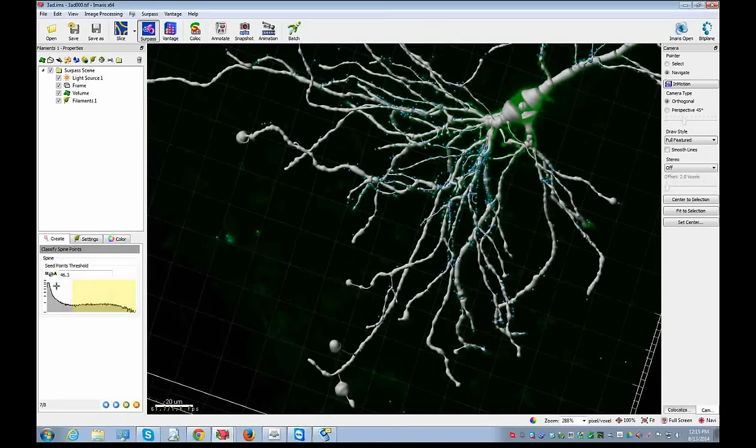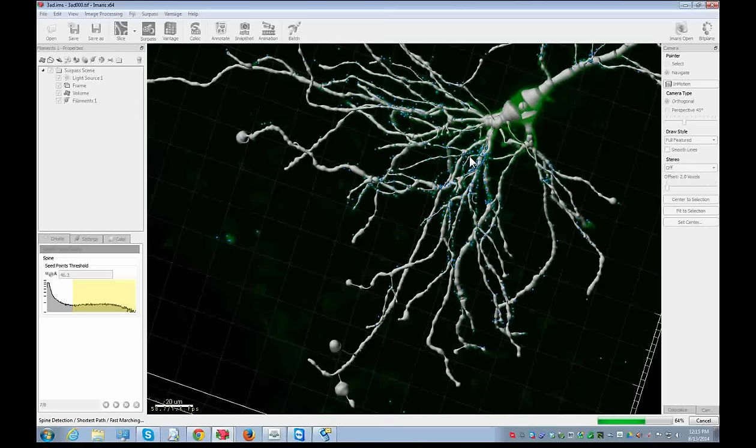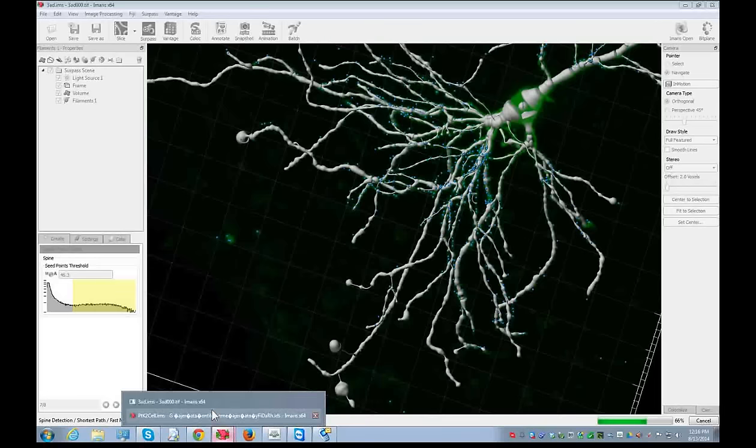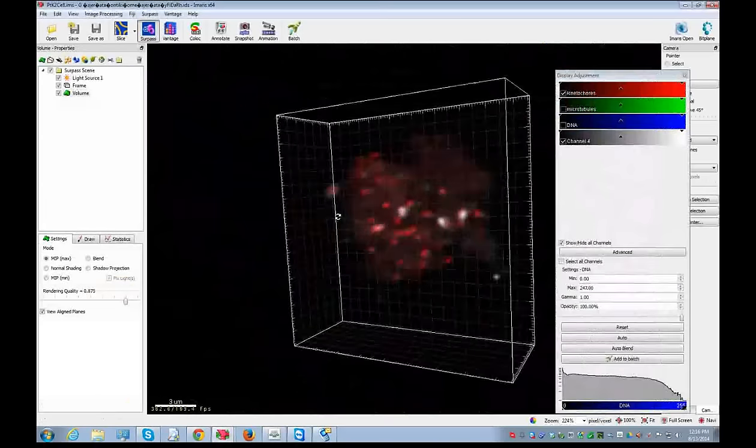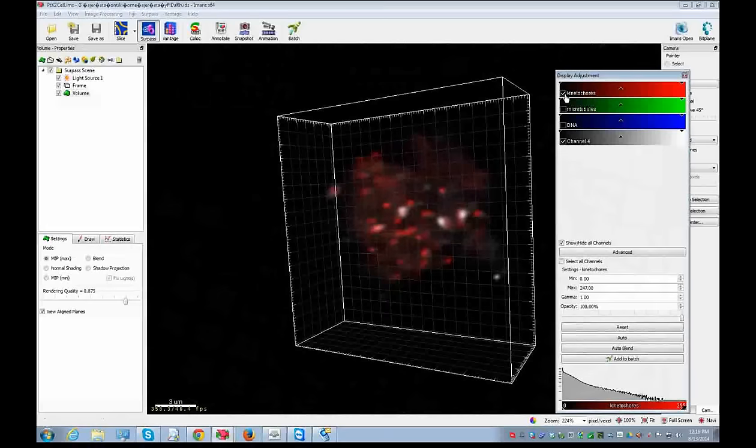I'll go with automatic. And then Imaris is going to calculate the shortest path of maximum intensity from each of these spine heads back to the dendrite. This does take a little bit of time. So while we wait for that, I'm going to go over to this other image and let's find how close